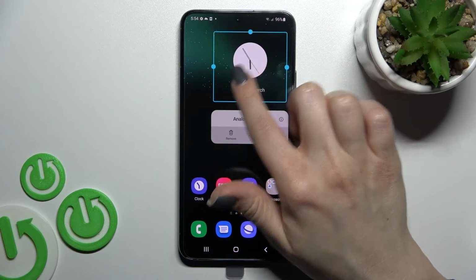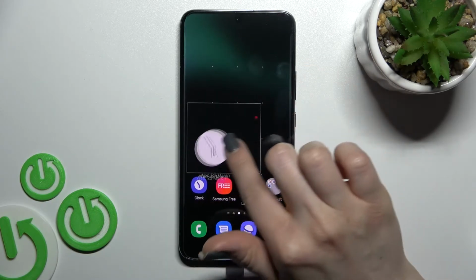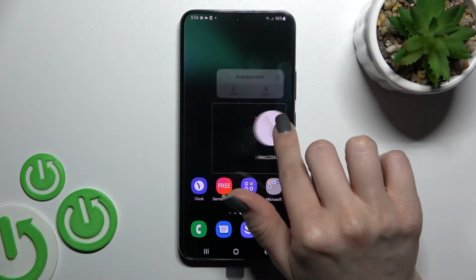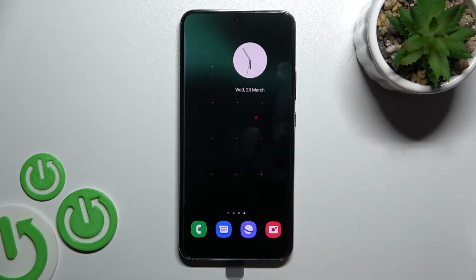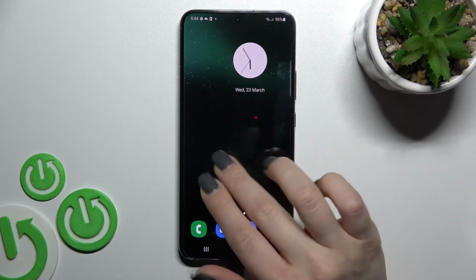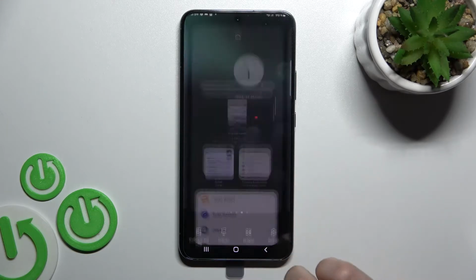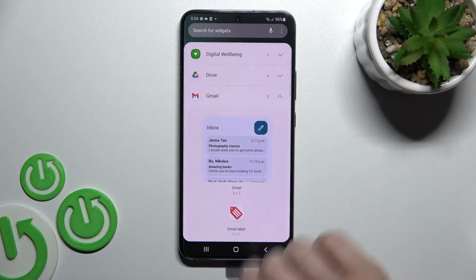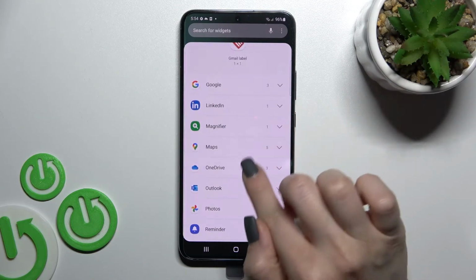And also we can move this widget on the screen. Just hold for a while and drag it, for example, here. And if you want, we can also create new screens with widgets. And then, for example, we can add one more widget here, the Gmail one, or for example the maps,